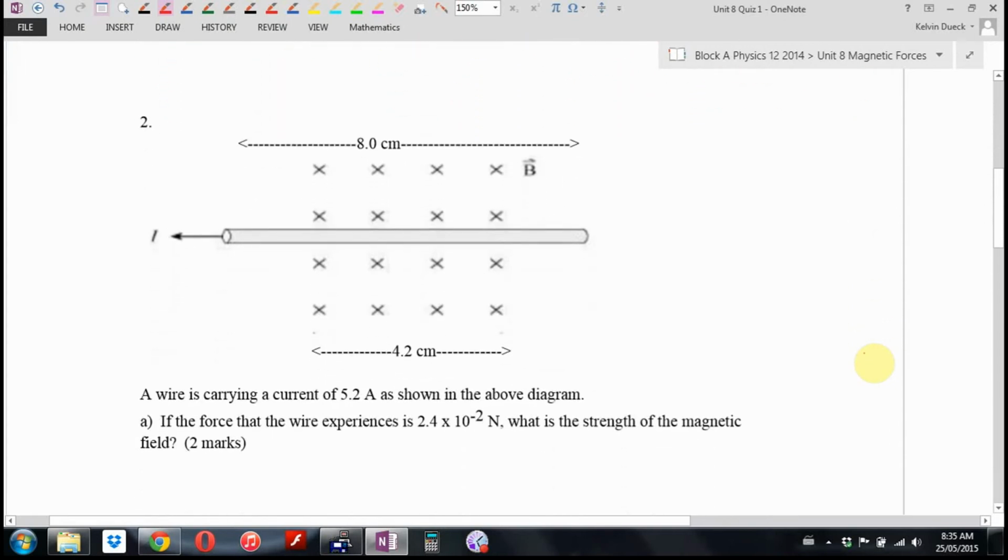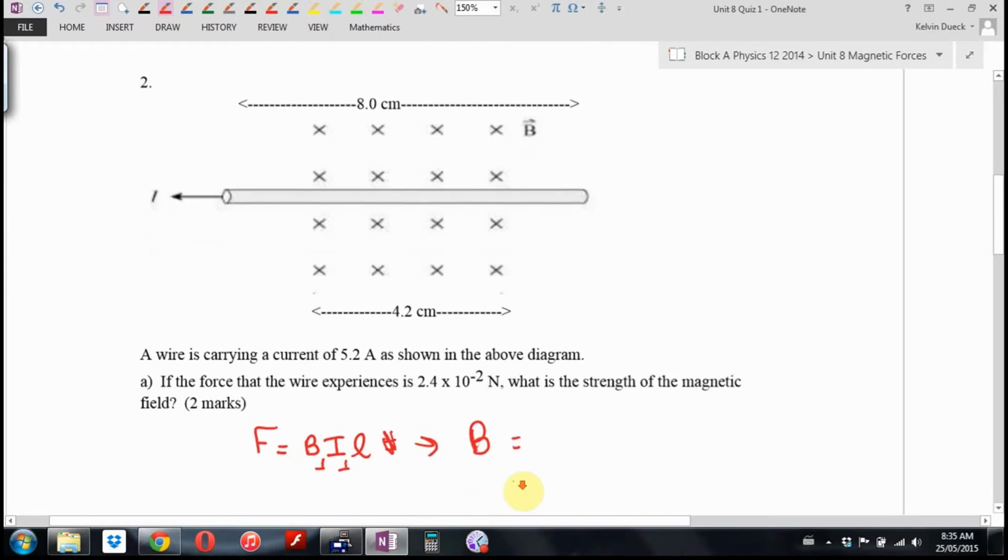Number 2, a wire is, okay, they want the force on the wire, Mr. Dueck. The force, we said, on a wire was BIL, as long as the magnetic field and the current are all perpendicular, and they are, I double-checked. So, the magnetic field is pretty big, no, that's wrong, that's the current. Where's the magnetic field? Oh, they want me to find the magnetic field. It's going to be B equals F over IL, where the force is 2.4 times 10 to the negative 2, all over